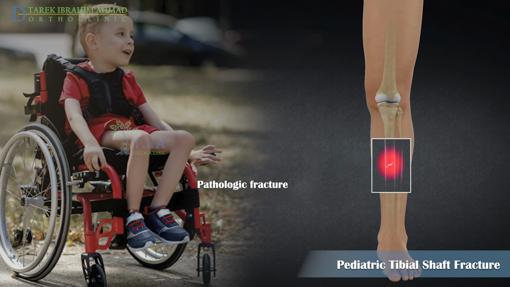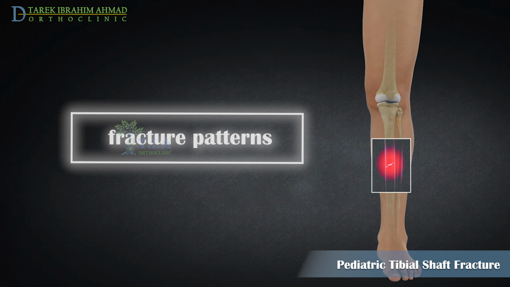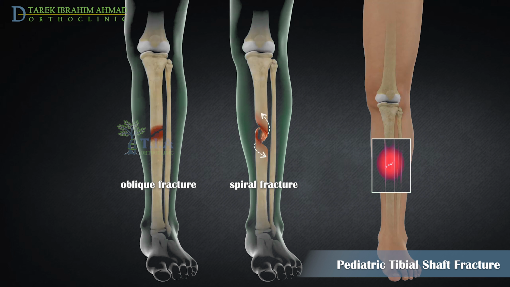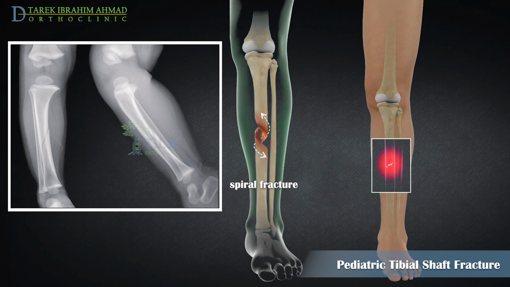Children with neuromuscular diseases, osteogenesis imperfecta, or bone lesions are at risk for tibial or fibular fractures, even after trivial trauma, such as moving from a bed to a wheelchair. There are different fracture patterns in the lower leg. Spiral and oblique fractures: most of these injuries occur in children under 11 years of age when the child's body rotates around a fixed foot. Toddler's fracture: a non-displaced spiral fracture of the tibia with intact fibula in a child under 2.5 years of age.